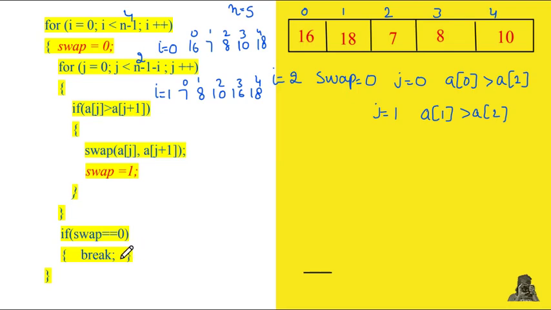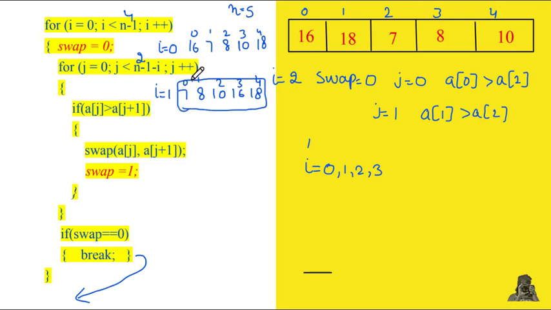The meaning of break is it's a control statement. So control will go out of the loop. No next iteration will be done. Because we can see the ith value according to this condition, we would have been executed this for 0, 1, 2 and 3. In this case, we have only executed till ith value is equal to 2 because no swapping has been done. And it is clearly visible to us that this array is already sorted.